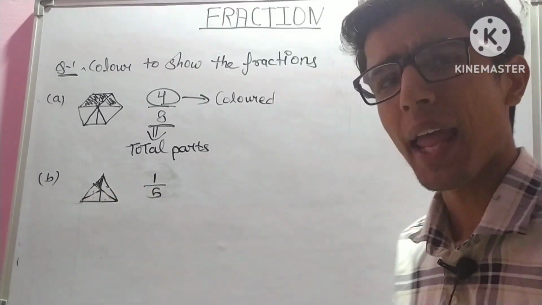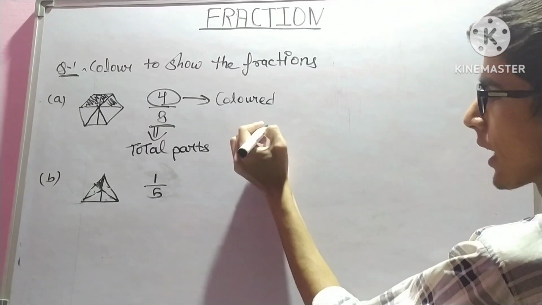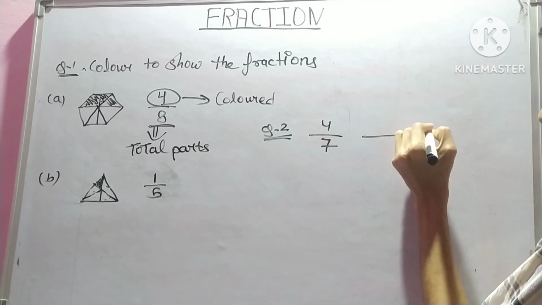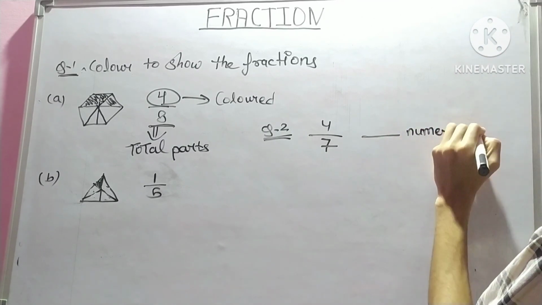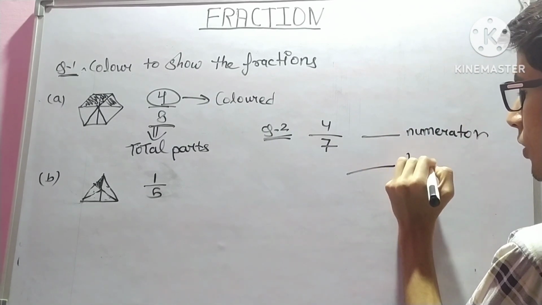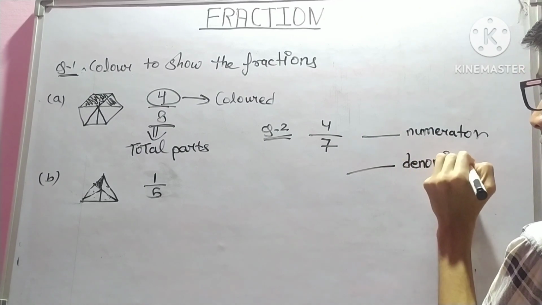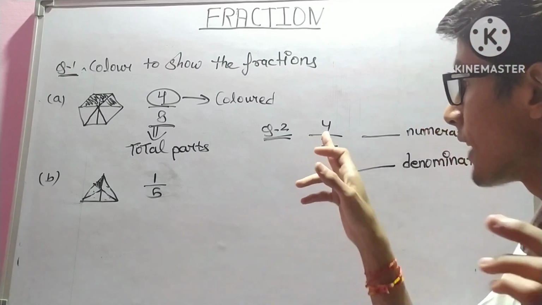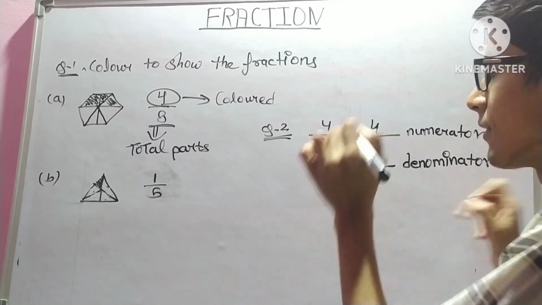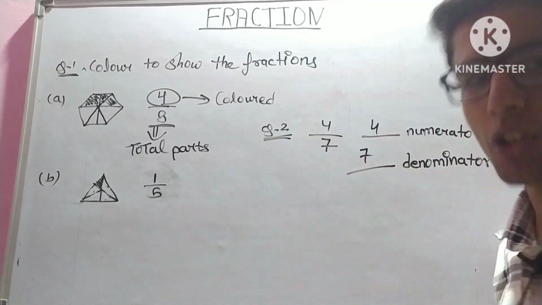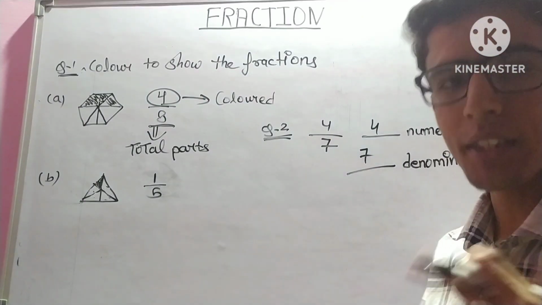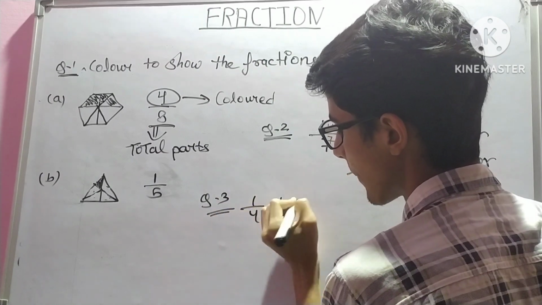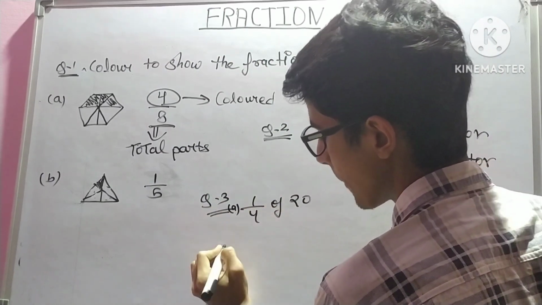Okay students, many types of questions come like this. Then what is the numerator and the denominator? What is the numerator in this? I will tell you before that the upper part is known as the numerator and the lower part is known as the denominator. And some other questions like this: A, 1 by 4 of 20, B,